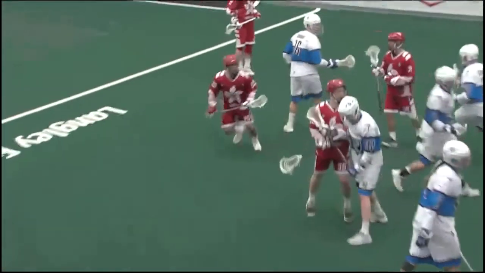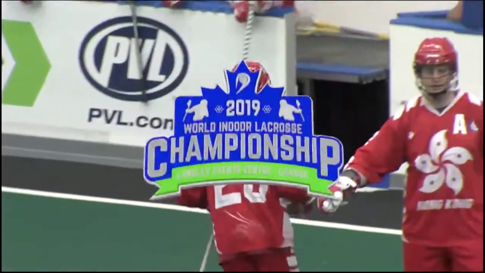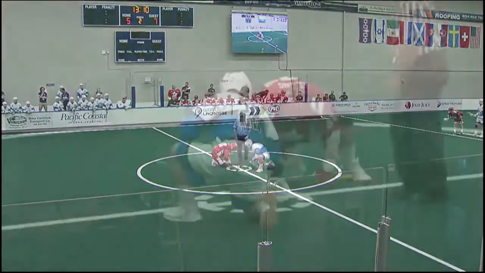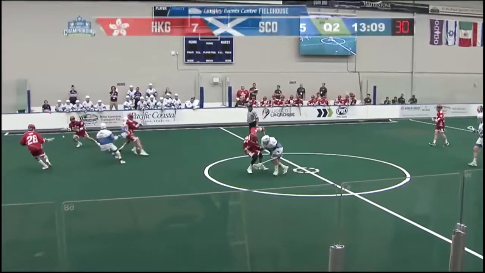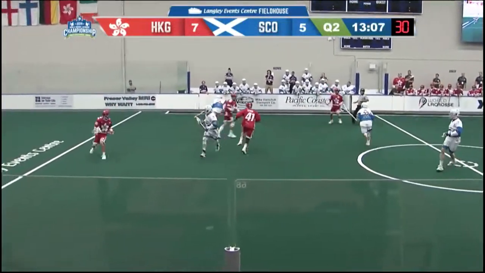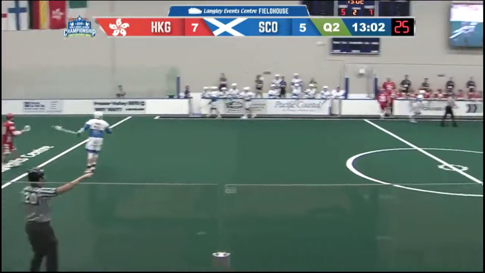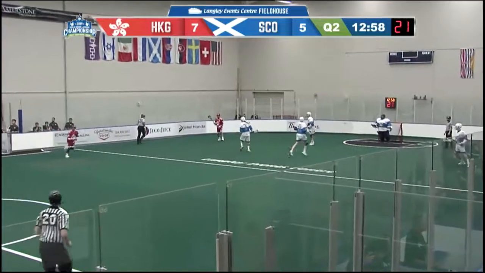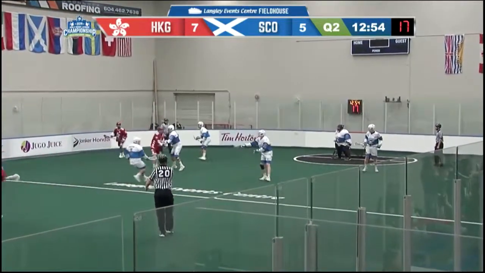And from the center of the floor, through bodies over the top there, Chang on the board, 1:50 into this second quarter. Chang with his first of the game, and Hong Kong is back in.